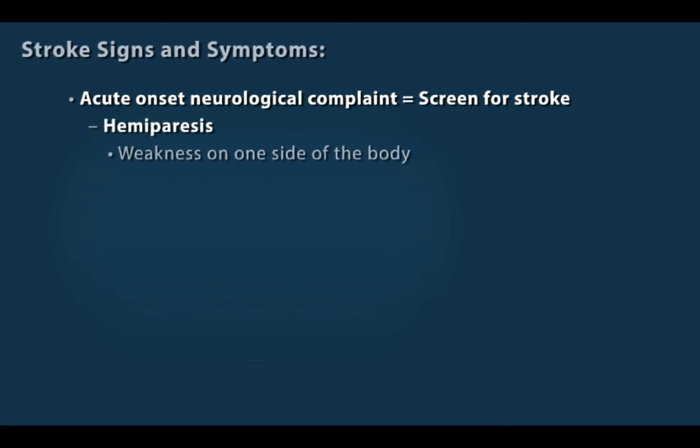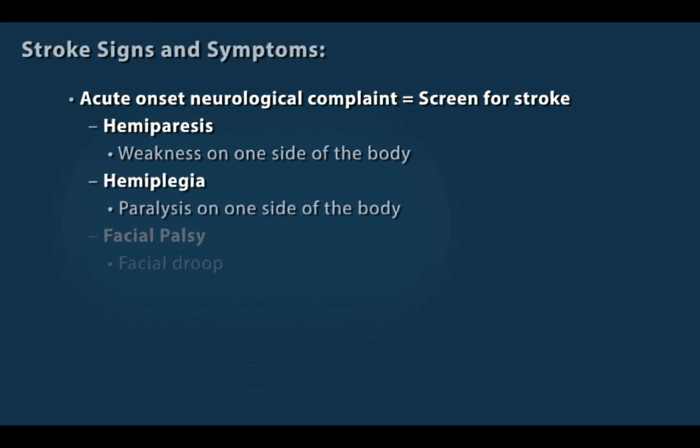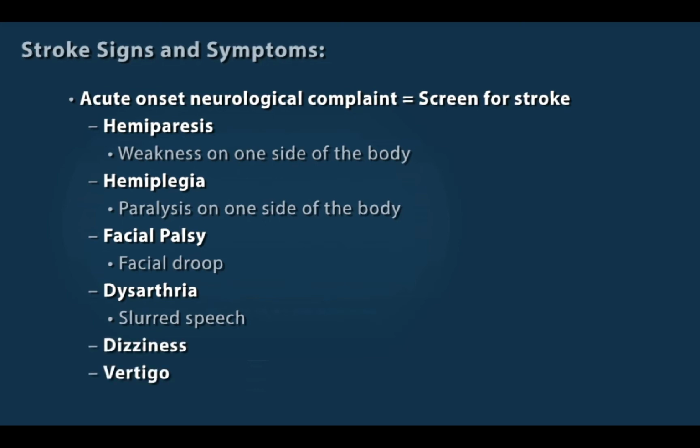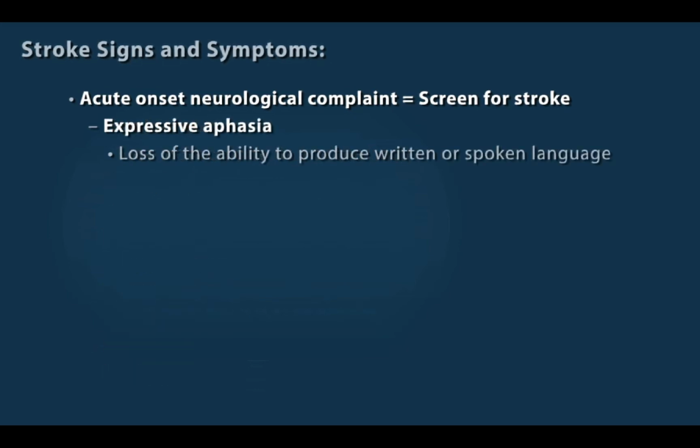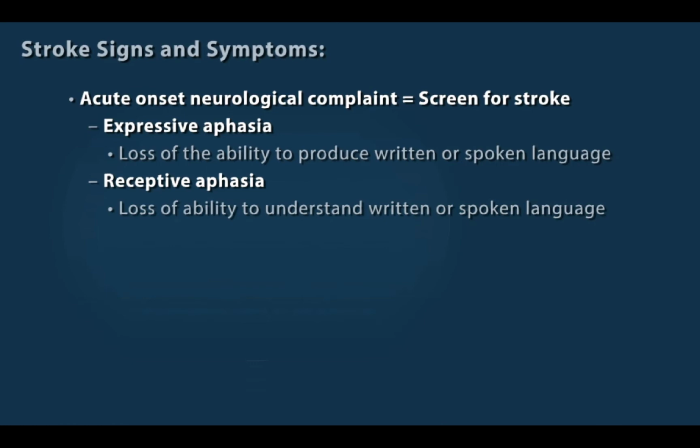Common stroke signs and symptoms include hemiparesis, which is weakness on one side of the body; hemiplegia, which is paralysis on one side of the body; facial palsy, also known as facial droop; dysarthria, or slurred speech, which is a focal motor deficit making it difficult to articulate speech; dizziness and vertigo; expressive aphasia, which is the loss of the ability to produce written or spoken language; receptive aphasia, which is the loss of the ability to understand written or